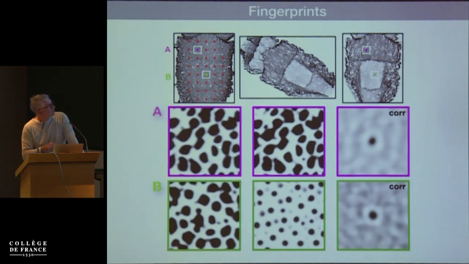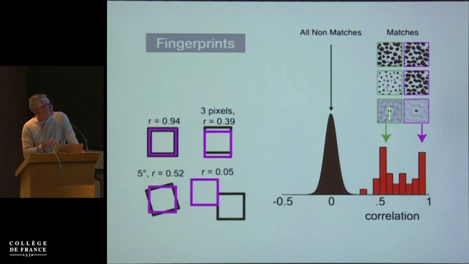And then when you do this, you find matches. Here is the same pattern here in A, there, and you can see the similarity. And this is the 2D correlation between them with a single match. And here is the same thing for the green one, except now the patterns are different, but they're sufficiently overlapping that the correlation is high. So if you compare the correlations that you get in these matches, which you see here on this axis from minus 0.5 to 1, they all lie here, whereas all the non-matches, and there's about 220 million of them here, are all around 0. So we have these unique markers that allow us to match two images together,